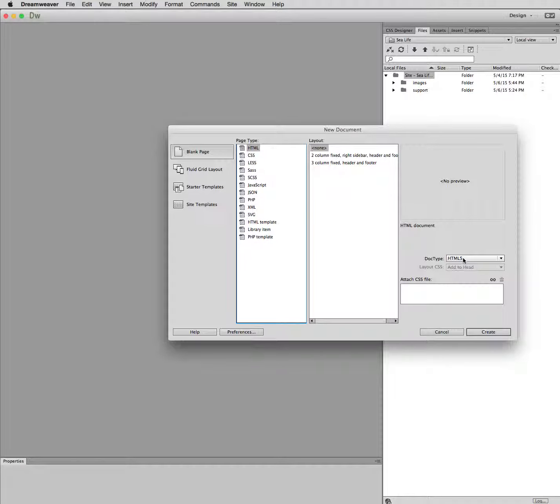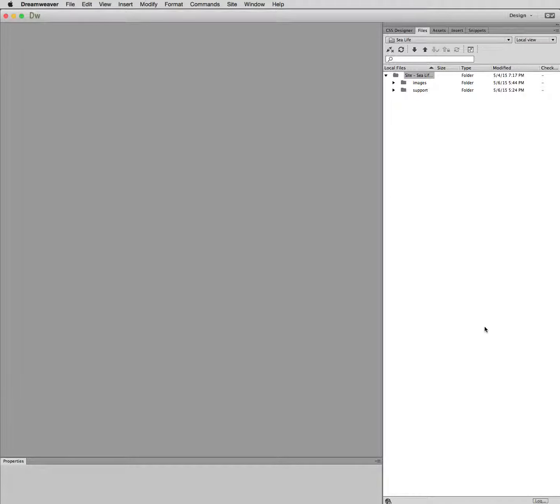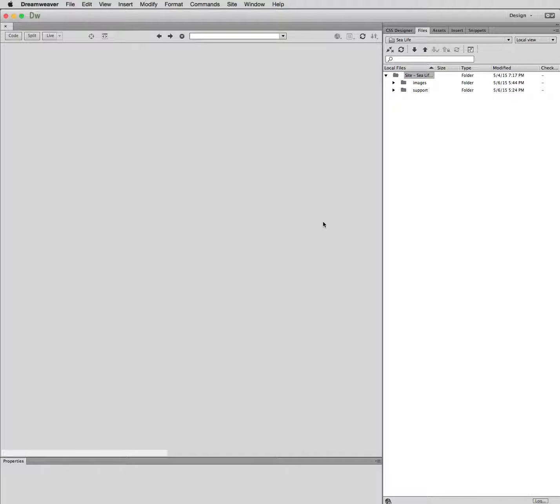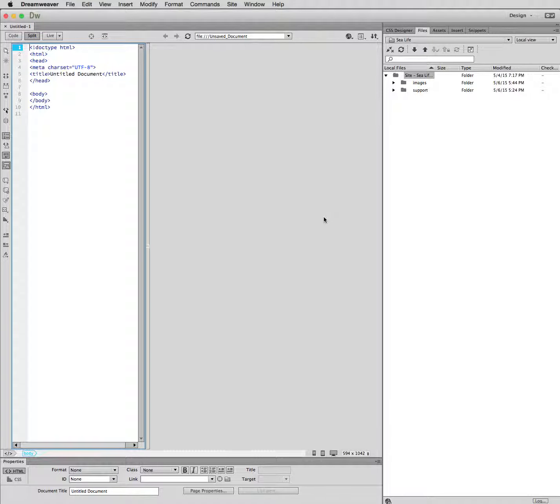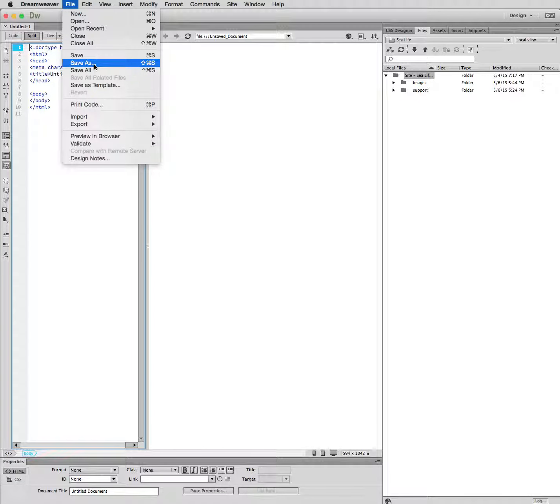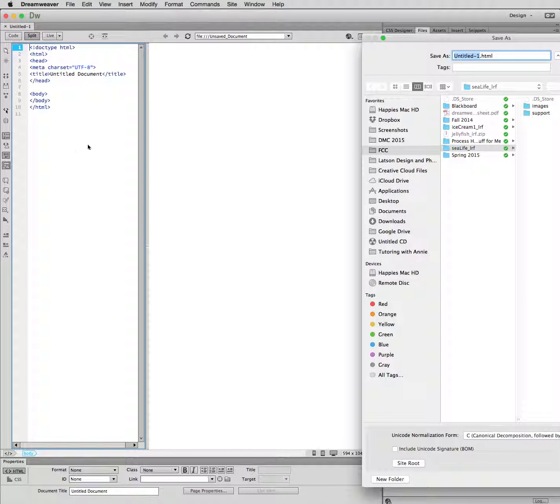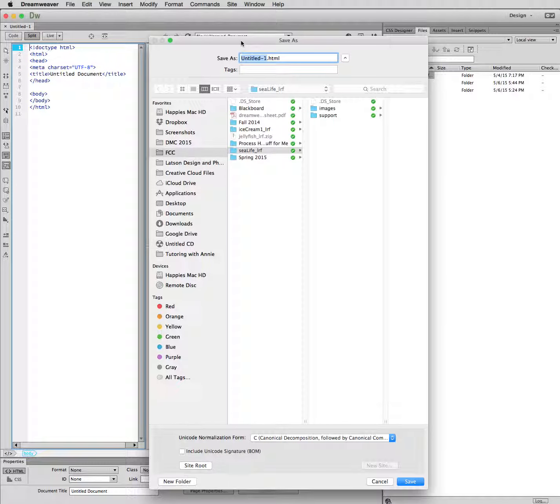Doc type will be HTML5, and I'm going to choose Create. As always, with any new site that we create, the first thing that we want to do is save it. So we'll go to File, I'm going to save as, or I can just choose Save. This one, we're going to name this one,